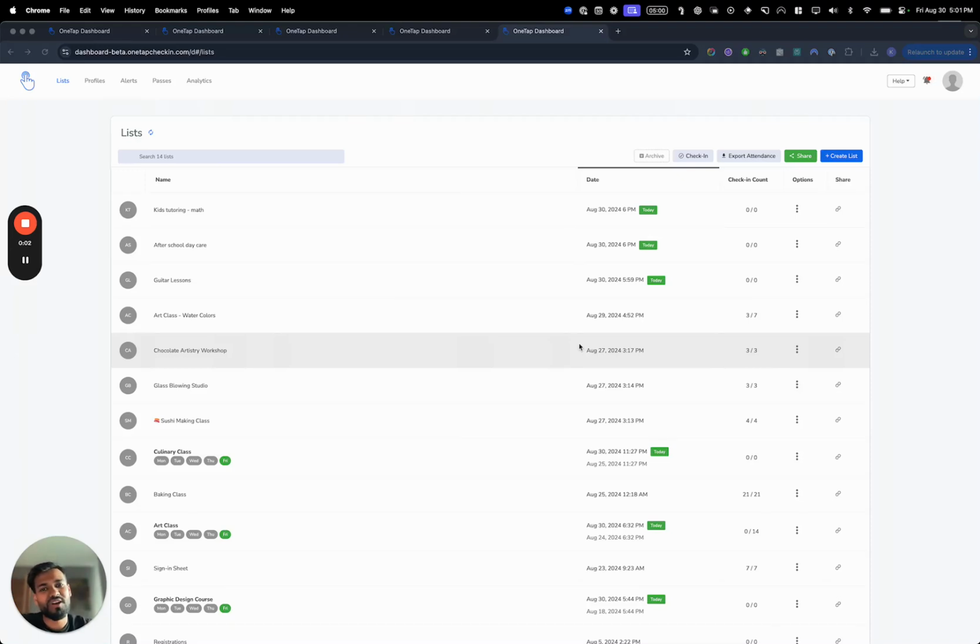A lot of times our customers ask us, can I export a PDF report out of OneTap? For example, a lot of times people are doing sign-in sheets and visitor logs, and mainly for security and bookkeeping purposes, they're asking for signatures, because obviously an